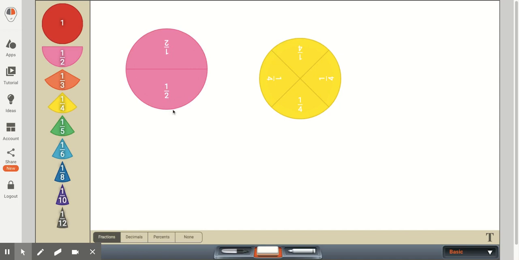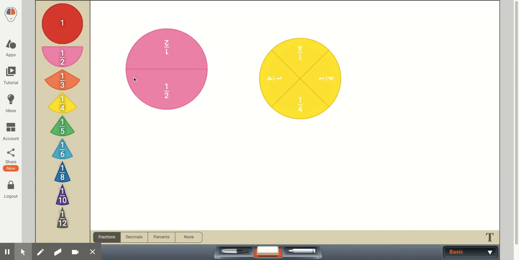Now, sometimes, say this was a pizza and we divided it in half, we might hear a first grader say, "I'll take the bigger half." Well, if it's cut exactly in half, there's no such thing as a bigger half. There would be a bigger piece if one piece is bigger than the other, but if they're exactly the same size, each would represent one half of the pizza.